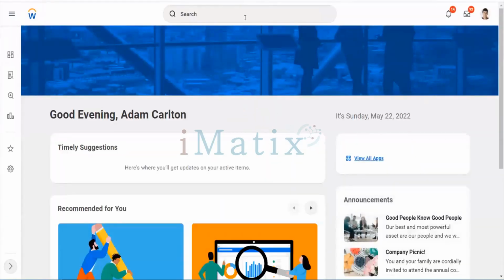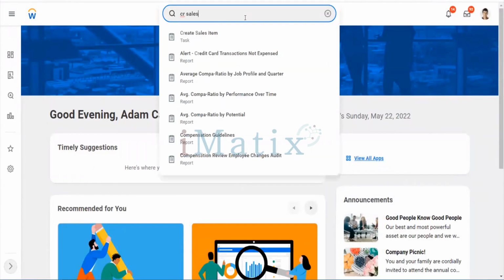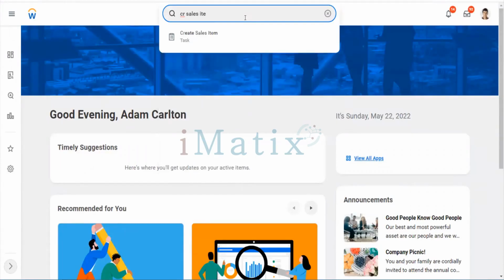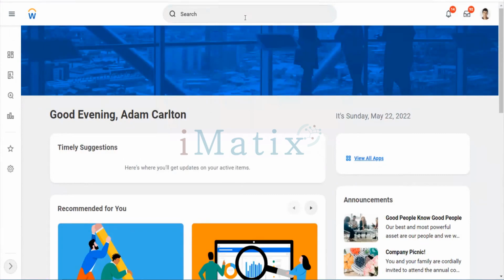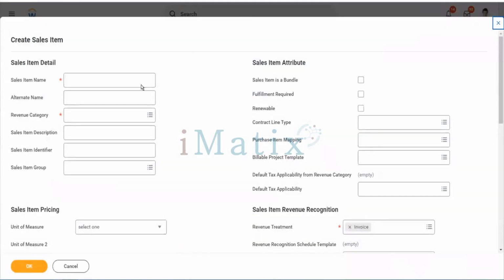Revenue category is done. Now we'll create the sales item. Again, it's very easy. Create sales item. Sales item name. As we are creating software, let's create something like Workday software.